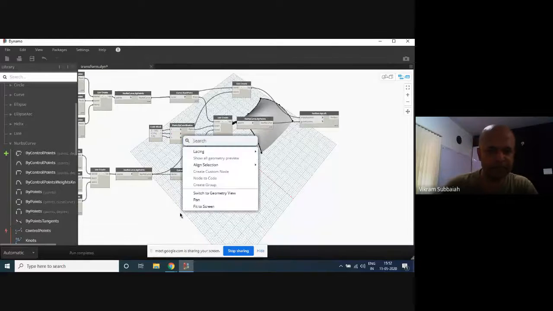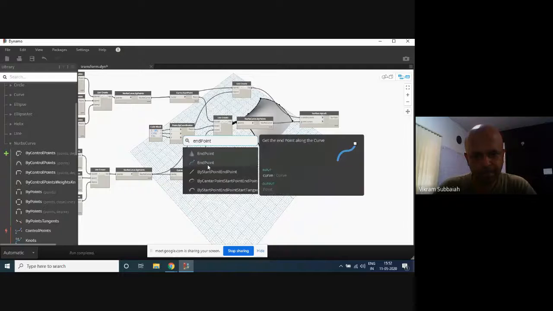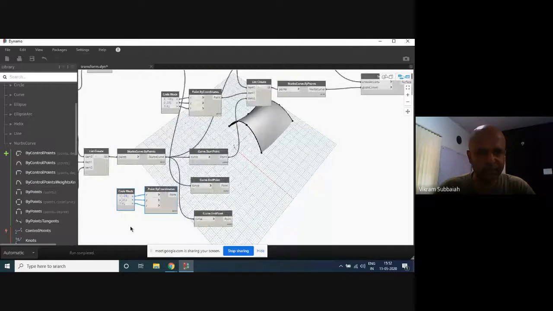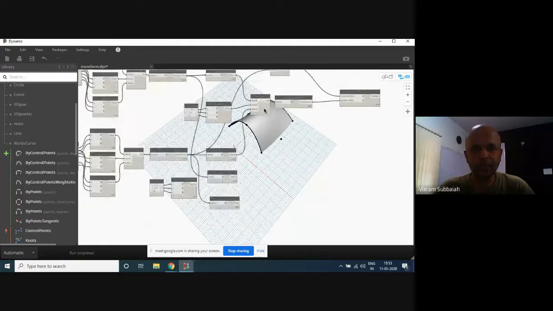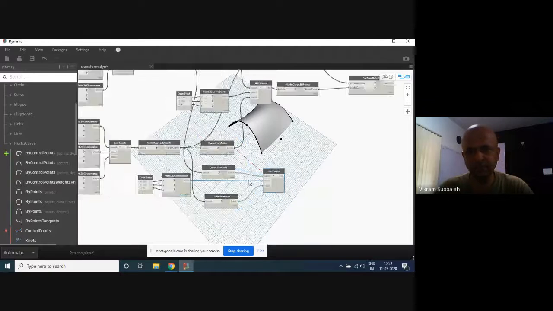Let's look for endpoints now of the curves. Two endpoints here and here. And this time I will probably just create X and Y. X should be how much? Let's say 20. And again, I will create this list of points. I will create this. Okay, so now I got 3 points.